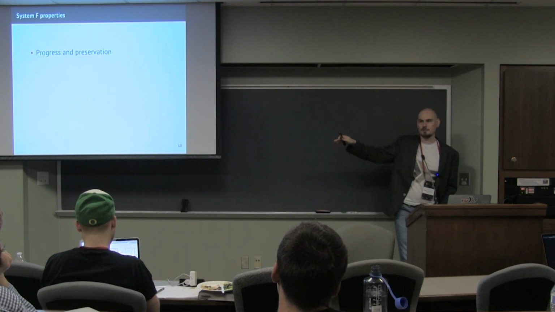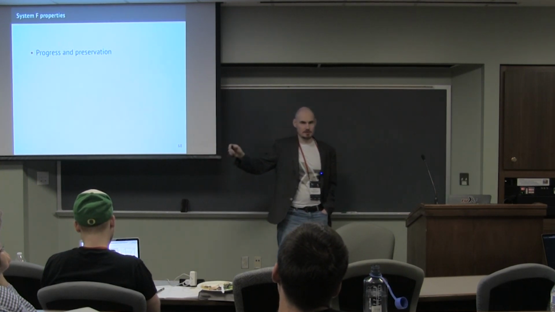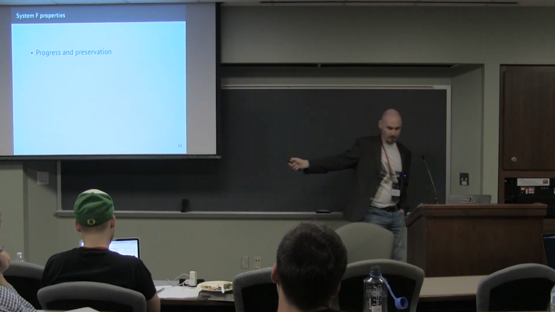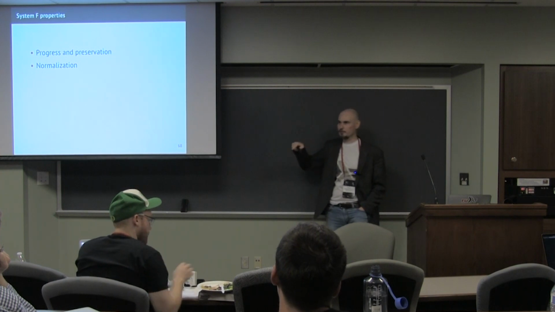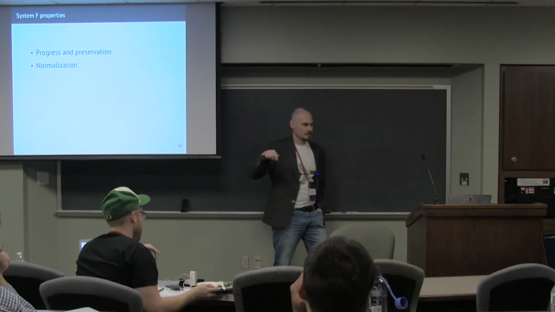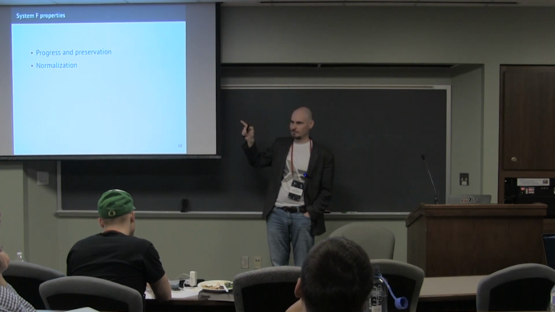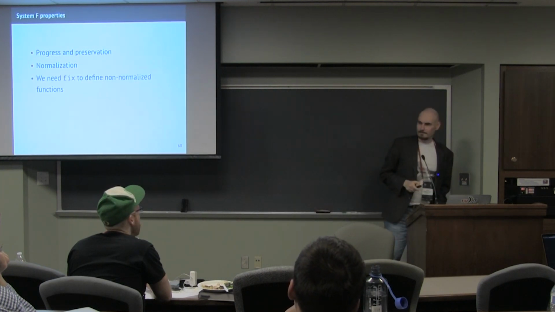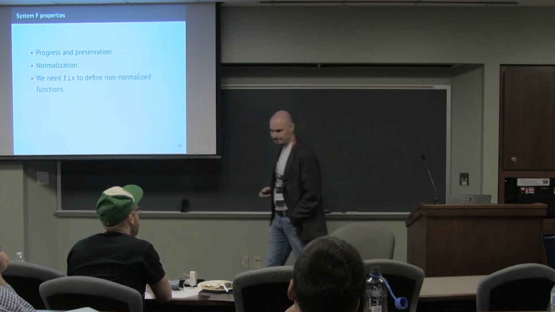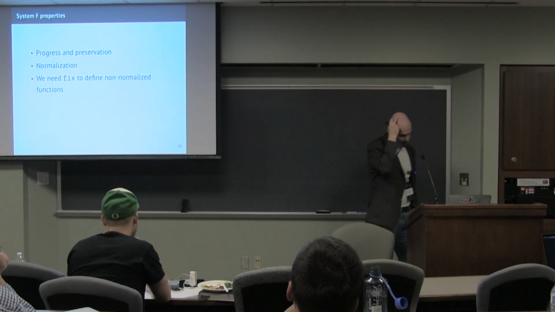And then the system has the same properties. It has progress and preservation. So it can be proved surely. It has normalization. So every term in system F terminates. And that means basically that in Haskell we don't have system F, because Haskell is not terminating. Not every term terminates. Is there any system F language? ML? Well, I think ML has non-termination too, but